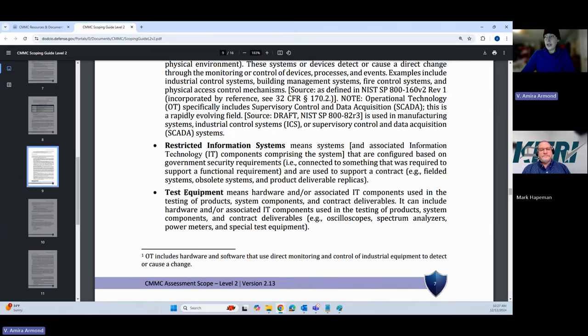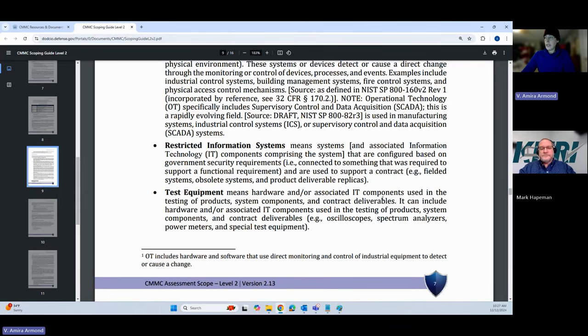Last, we have test equipment. So this is hardware and associated IT components used in the testing of products, system components, and contract deliverables. Now, this has been somewhat updated in the final rule in a favorable way.